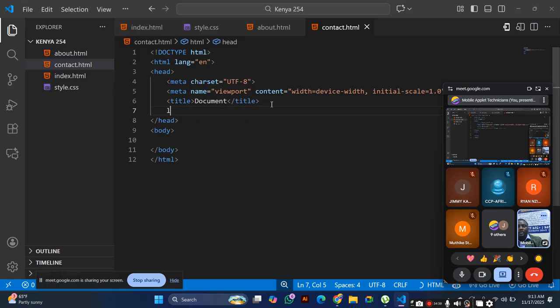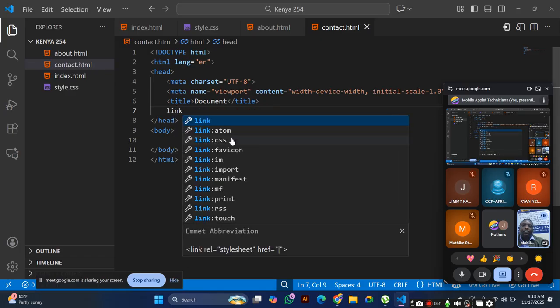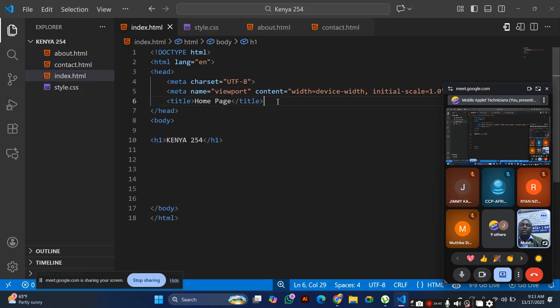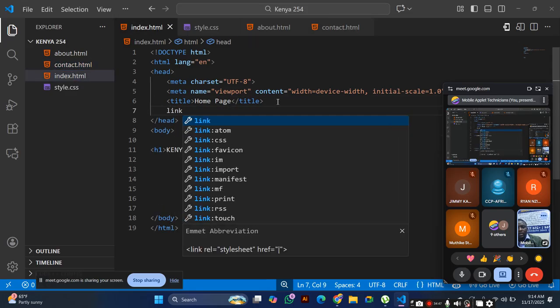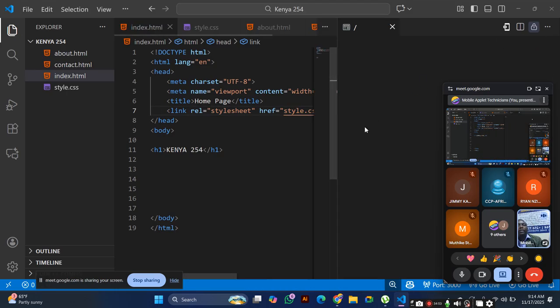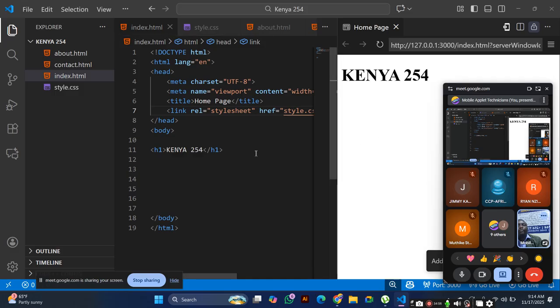Link to my CSS. So that way now I am able to preview my work. At least this H1 is a bit big. If you want it to be bigger, then you can style it using CSS.